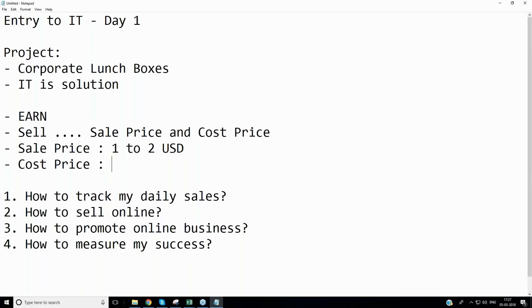If someone says, I want to sell corporate lunches, I want to implement a website, I want to do IT, that's all BS, team. If you don't know what your sale price is and what your cost price is, you can never do anything called business. Is it more than $1? Let's put one price, team. I'll say 2 US dollars. Okay, sounds good. That's the price of the lunch that we will sell.